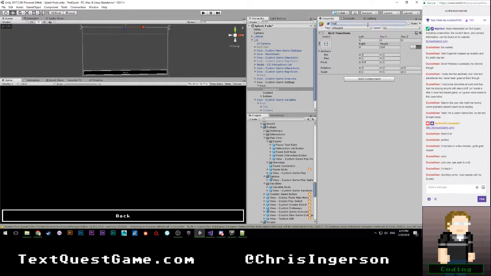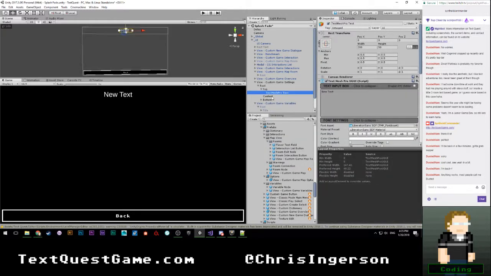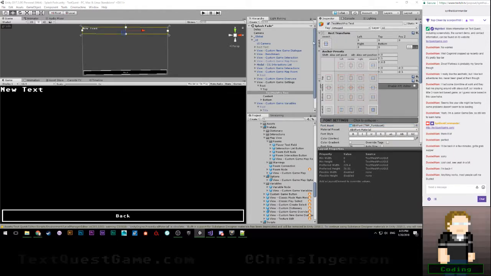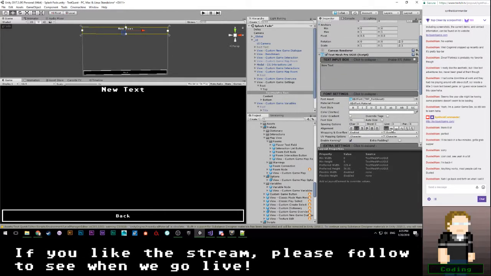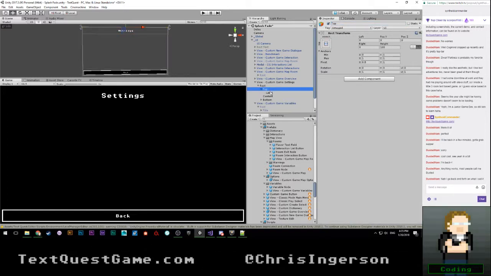Okay, so we're going to call this top, and this is just going to be our label. So we're going to have this be called settings. So pivot, all that stuff's fine. Let's create UI, Text Mesh Pro text. There you are. Make sure that it's using our correct font. Have it span the entirety of this, and then, of course, have it be centered. Okay. So this will be settings. I think that's pretty much it. Let's call that label. We'll add... Okay.